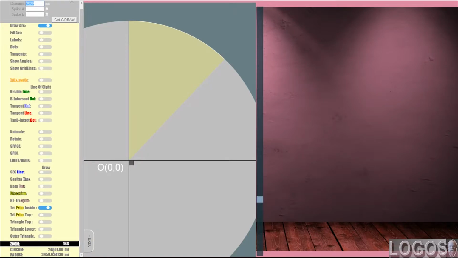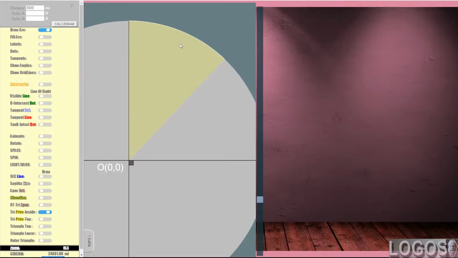So here, just for reference, I'm using radius 3959.934139, and I believe everything that I did here for display purposes is rounded off. So I used a constant circumference of 24,881 miles and a derived radius. So let's talk about this wedge. Talk about the distance of 3,000 miles. Can you see from A to B?